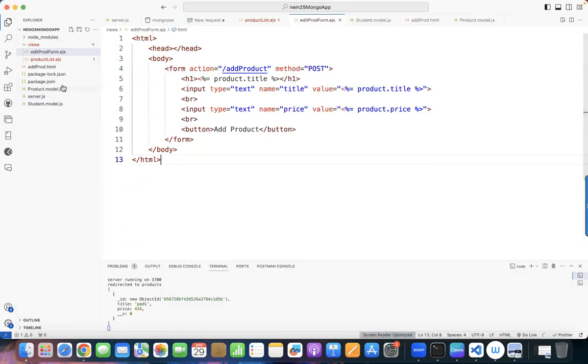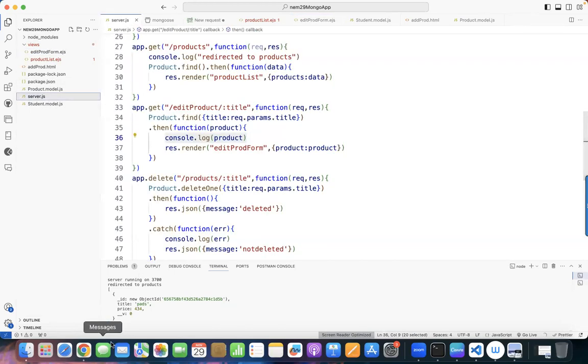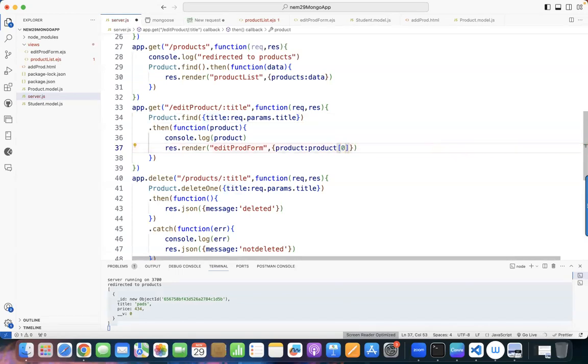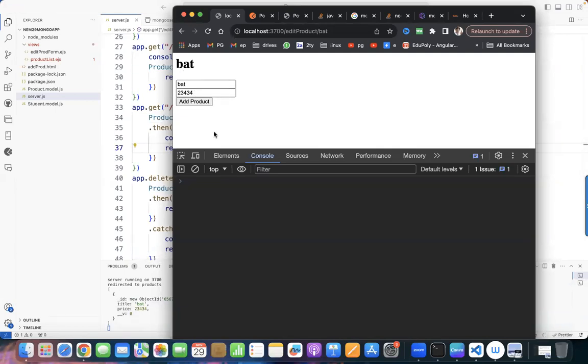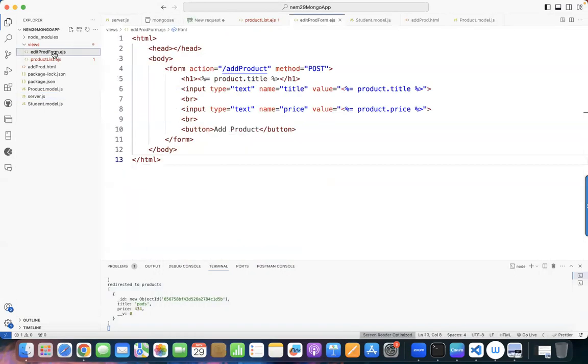Okay, it is coming in an array. Can you see here? This particular find method is able to filter the data, but it is returning it as an array. So when I click on pads, I got the pads data. This is not the add product thing. This is